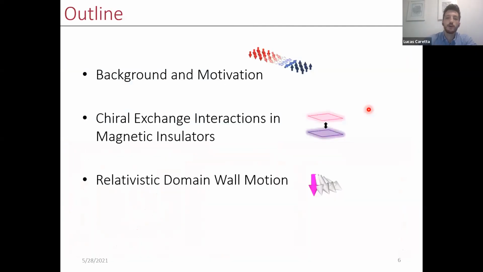Okay, so here's an outline for today's talk. I'll begin with a technological motivation for why we're interested in studying these particular spin textures. I'll provide some background information on where the dynamics of these systems in this field has come. Then we'll jump right into looking at insulator oxide systems and how we can engineer spin-orbit interactions in these systems, and finally use those spin-orbit interactions to drive dynamics to as fast as we can.